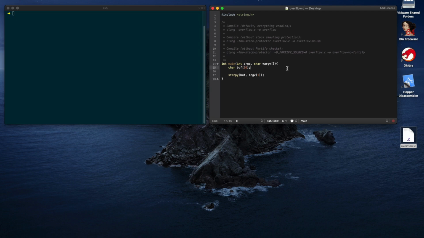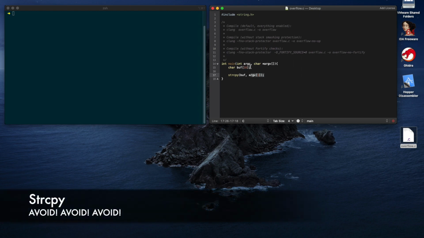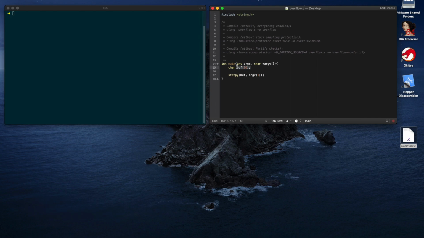For this, we can start with some very simple code which declares a buffer and then writes to the buffer more data than it can hold. It will copy into it whatever gets passed in the first command line argument. You can clearly see what the problem is here. If we pass more than 16 characters, this buffer will be overflown. As a consequence, this will overwrite the return address from the main function stored on the stack and the application